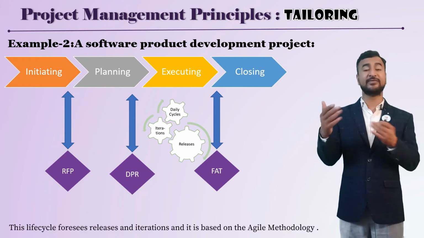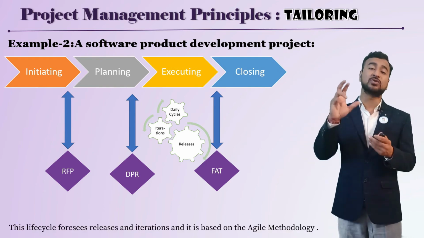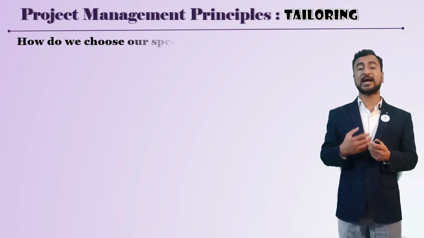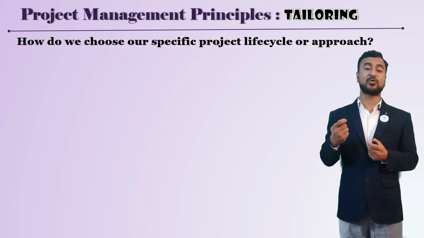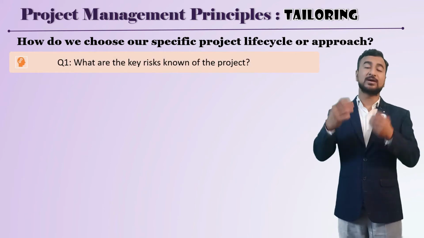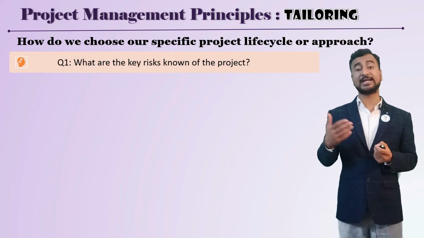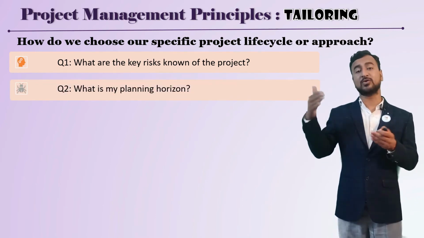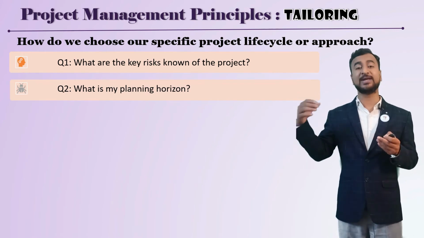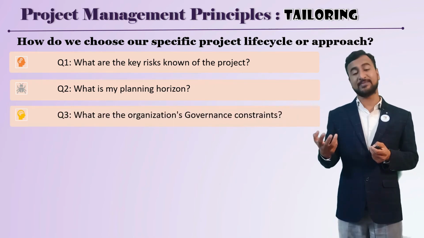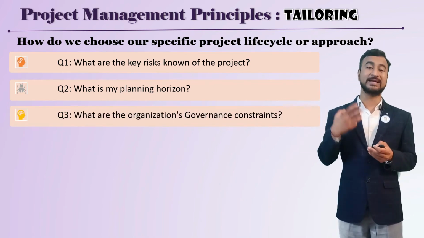So those are the different project management methodologies based on what exactly the project, your governance, and other things are. So how can you specify which project life cycle approach is best? You have to answer questions like: what are the risks known to your project, and based on that, what is the planning horizon, whether you are planning for 3 months or 6 months, or what exactly the planning horizon you have in mind, and what is the organization's governance approach, like leadership involvement and